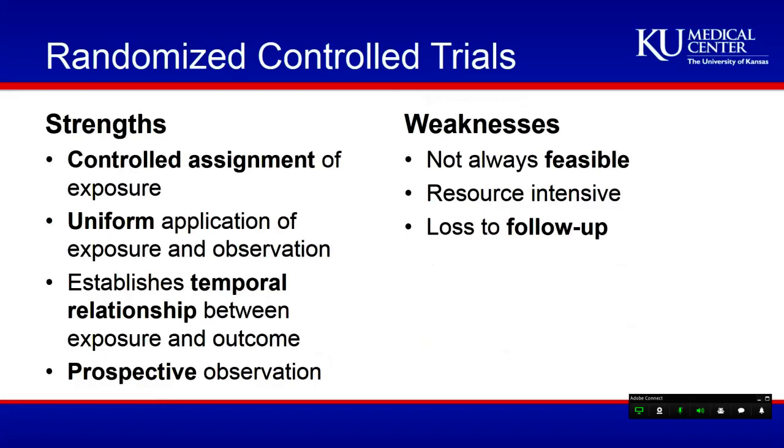So the strength is controlled assignment of exposure, uniform application of exposure and observation. They establish both a temporal relationship between exposure and outcome, and potentially, depending on how they're designed, could establish some kind of causal relationship. They have prospective observation. Their weaknesses, they can't always be done, either because they're not feasible, they may take too much time, they may